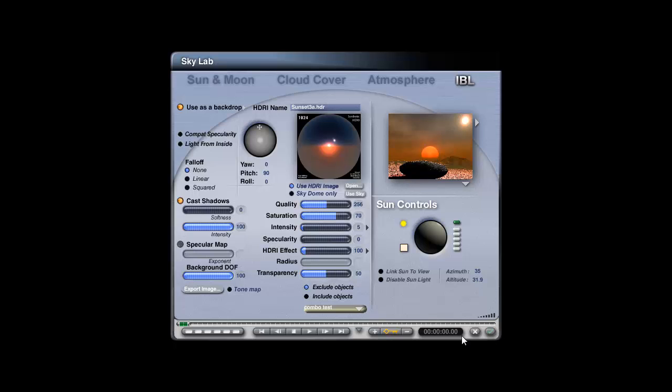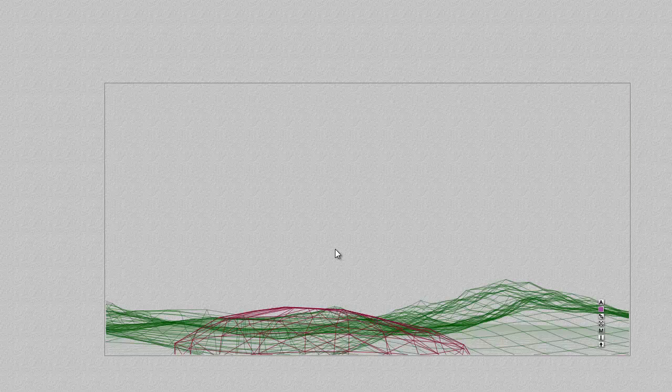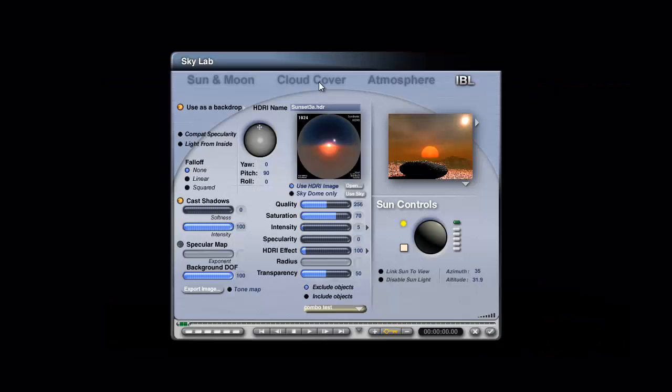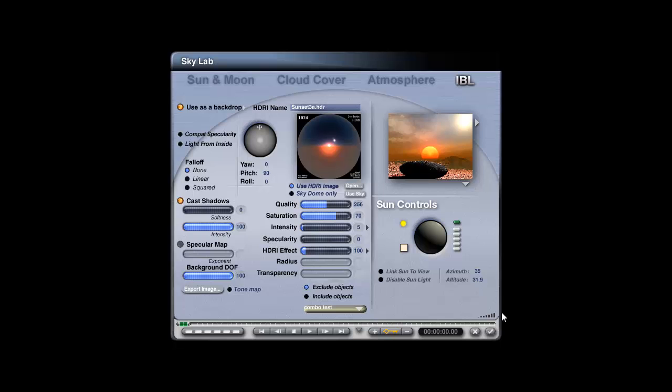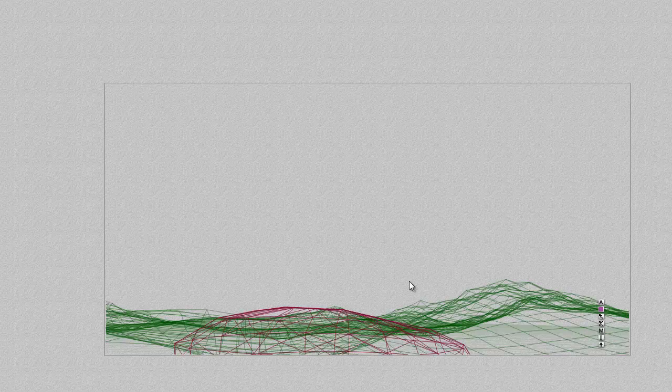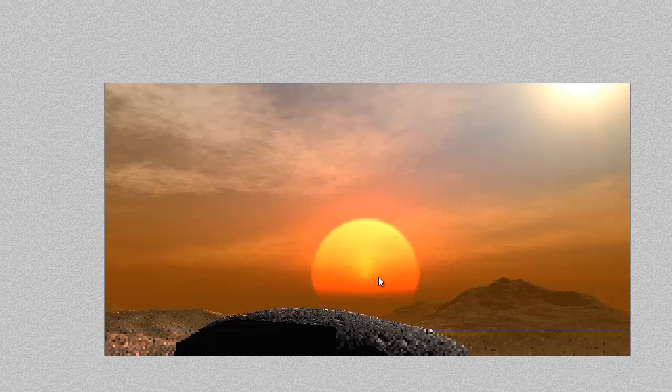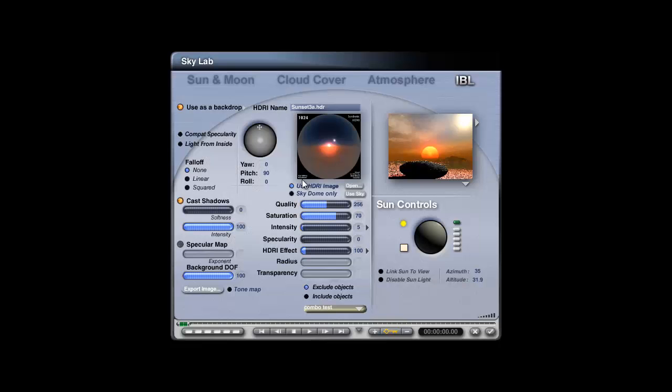Switch it to 50 and we'll have 50% sky mixed with 50% HDRI. The clouds are not very noticeable in that case. And then if we go to additive, what you will tend to find is the clouds get added on top of the sun, so they look brighter, but because the sun's already a bright object it's very difficult to see them. So in this case I think the nicest effect comes from blending into the background and reducing the transparency